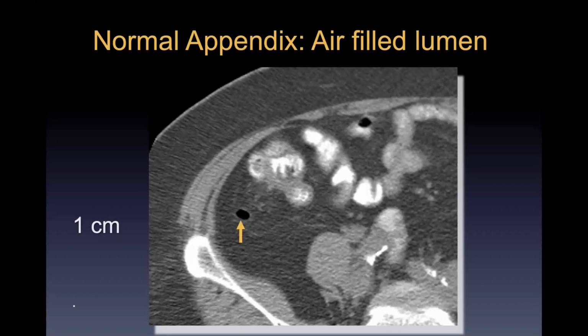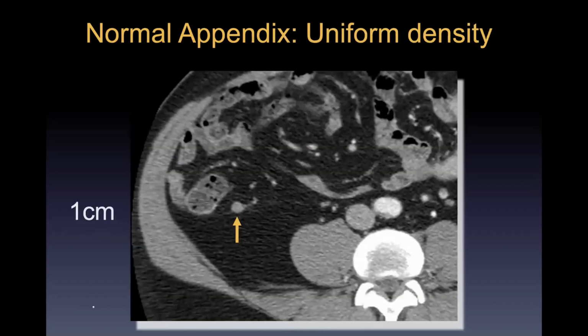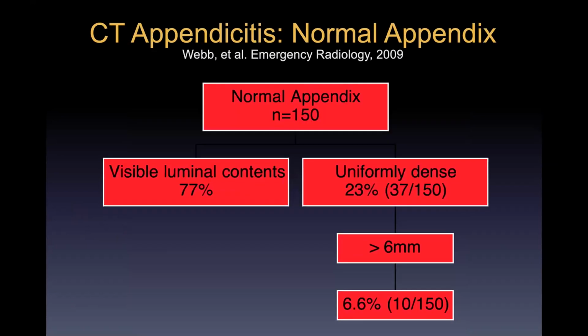It's just a centimeter because there's a lot of air in the lumen. So a totally normal looking appendix. But here's one, also a centimeter, that might be a bit more confusing. If this patient were symptomatic and had right lower quadrant pain, this is kind of big, but we don't really have anything else to support it. What do we do in these cases, and how often does that happen?